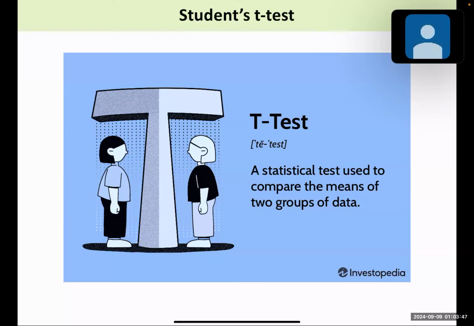Okay, so let's talk about Student's t-test. The t-test is a statistical test used to compare the means of two groups of data. Many times you perform experiments and then you test whether your test group is statistically significant from the control group, right? This is when you use the Student's t-test. In Student's t-test, you need to know about the null hypothesis and also the alternative hypothesis. A null hypothesis is a claim that there is no effect in the population, and the alternative hypothesis is the opposite.